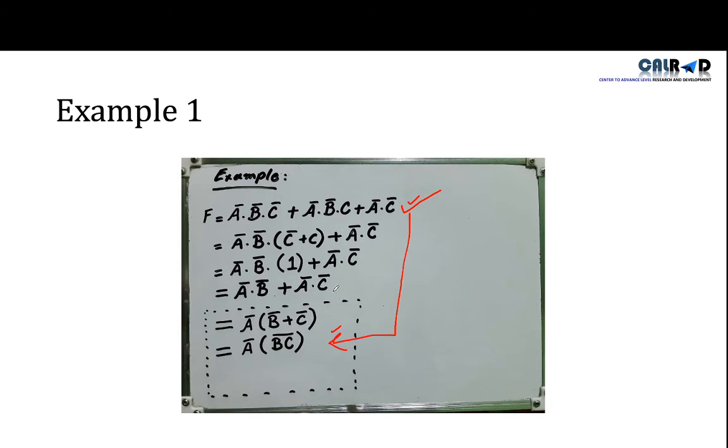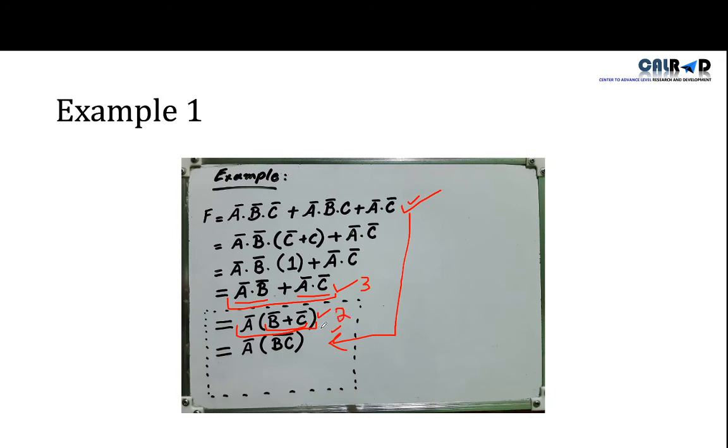So here we can see that when we reach here, how many gates were we using? We were using 1 gate, 2 gate, and in order to combine them, the 3rd gate. Now we see how many gates we are using here. We are using one gate, this, and the second gate is this. So this means we reduce from gate 3 to gate 2.